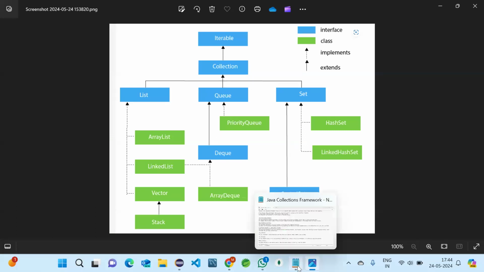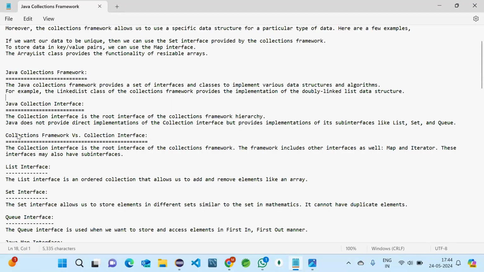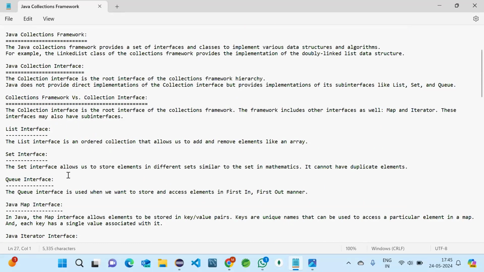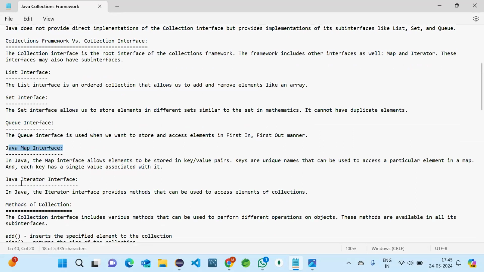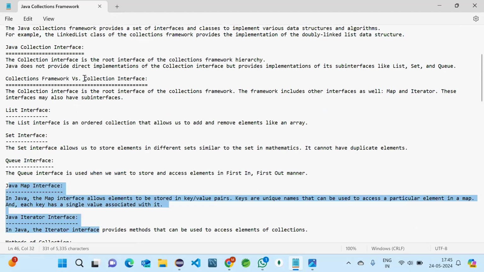And whenever we are discussing the collection framework, we have two more: one is the Map interface and the other is the Iterator interface. Including these two, everything is called the collection framework. Only List, Set and Queue are called the collection interface. Got it?